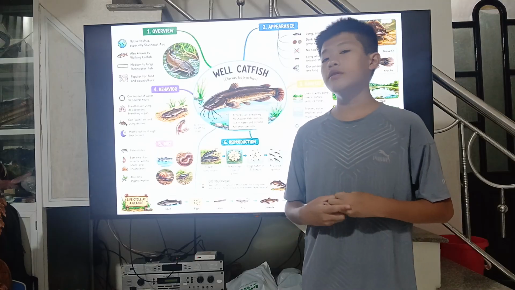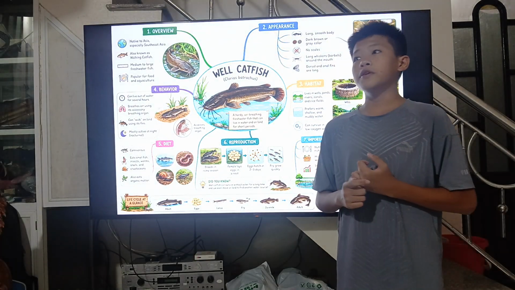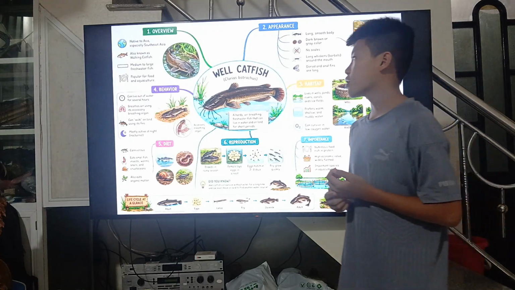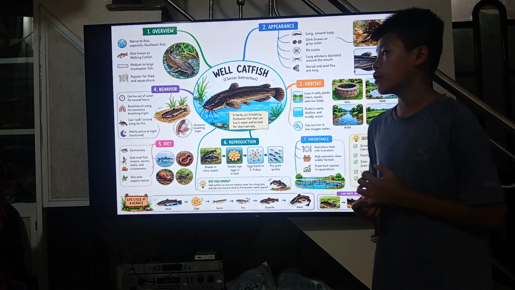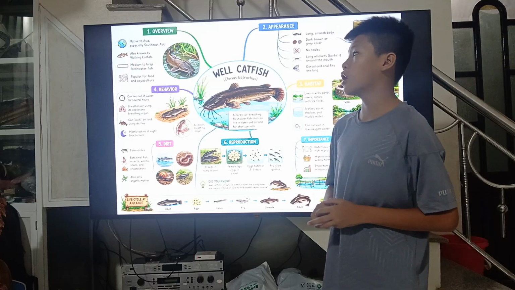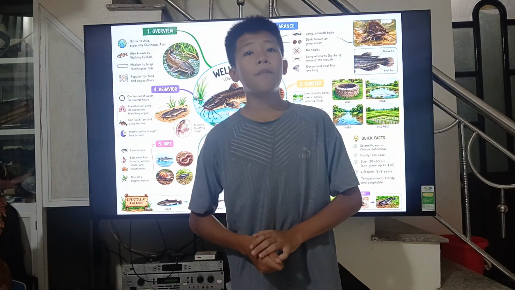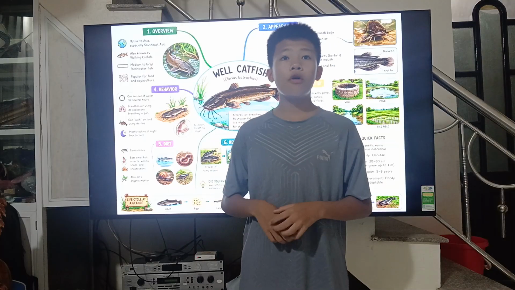That is the life cycle of the fish, of the very well-known fish, like the one some people in Vietnam think is a wonderful catfish. They think so, but it is only like the normal catfish. So that's all I know, and that's all about the important things about the whale catfish.